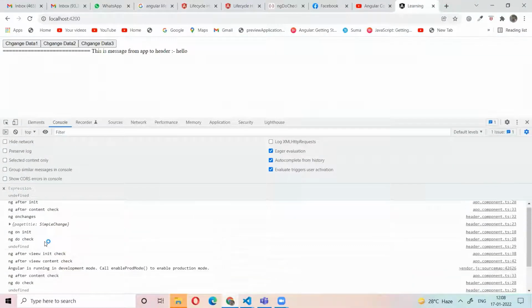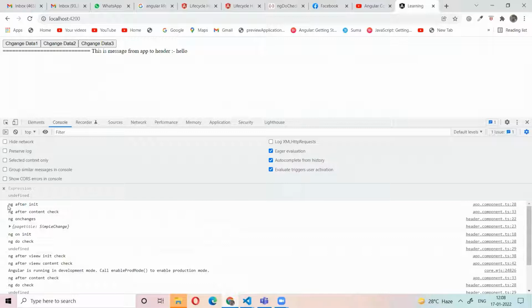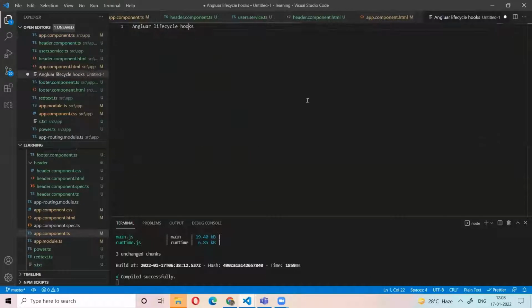First, before loading the child component, ngAfterContentInit is loading. Before the data goes to the child component, ngAfterContentChecked. After loading the child component and the child component class is initialized, then ngAfterViewInit. After all the child component HTML is loaded, then ngAfterViewChecked.